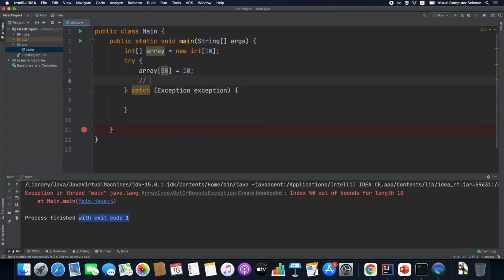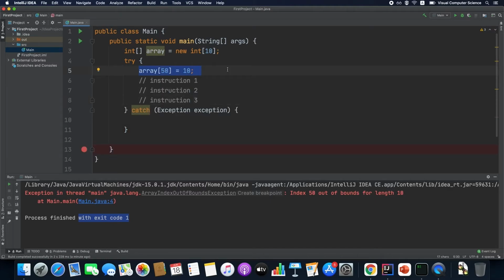So if we have multiple instructions here, right, and this code generates the exception, those instructions won't be executed anymore. And the code will jump right here and it starts executing whatever you put here, okay? And let's add a print line here by saying that the exception has been triggered, and we just print that exception.